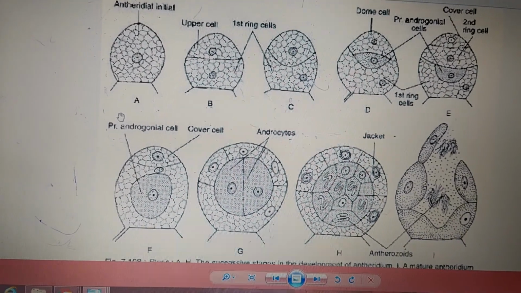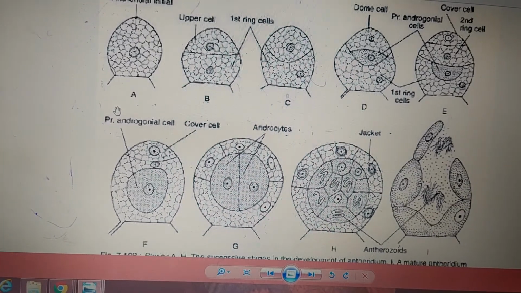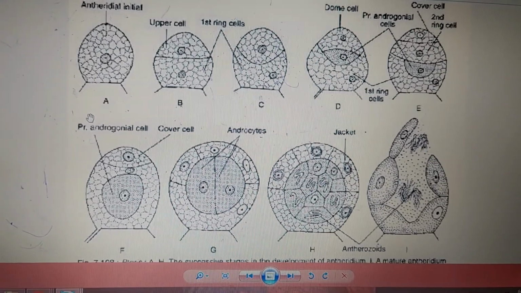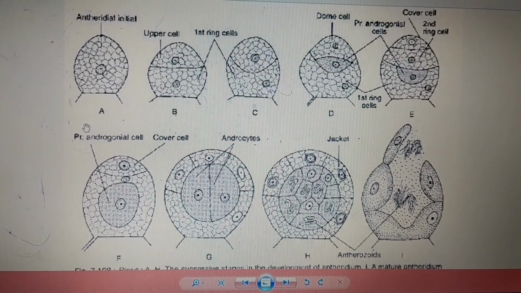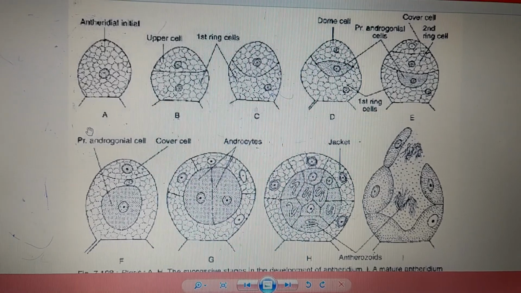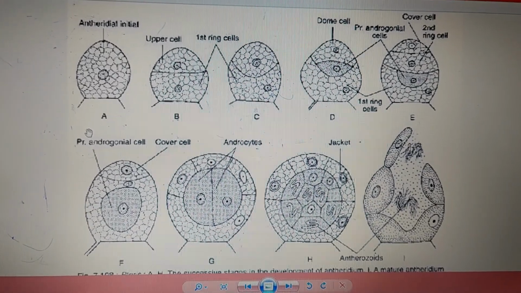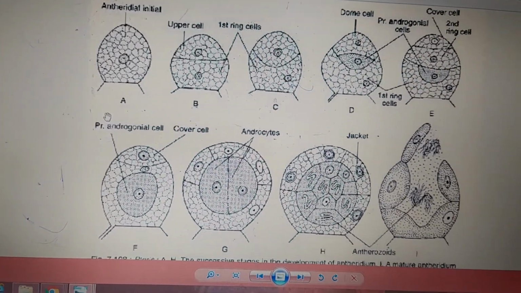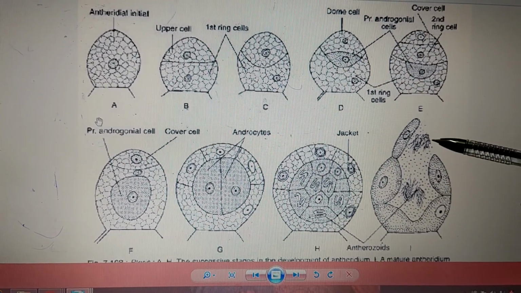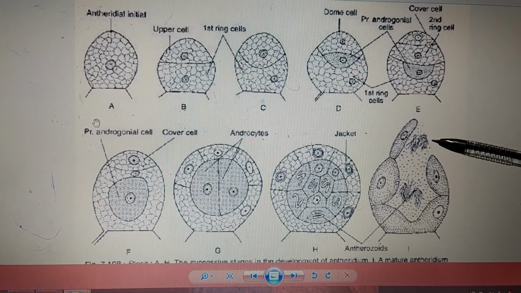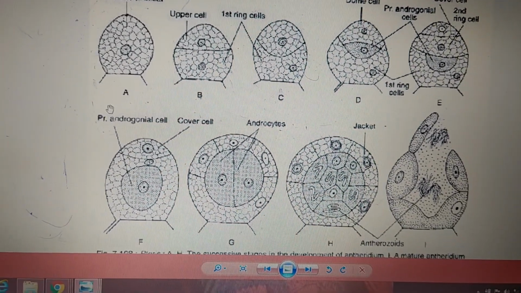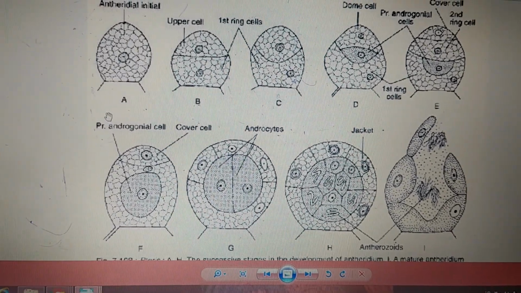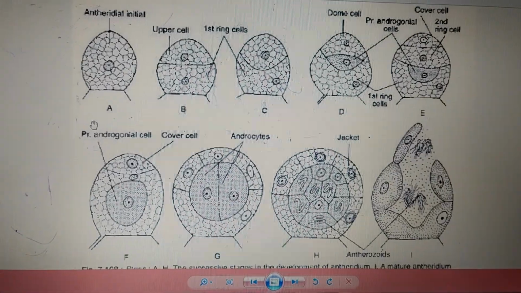After maturation, the upper apical cell of the jacket is going to absorb water, leading to swelling of these upper cells of the jacket. Swelling creates a pressure. With that pressure they are going to burst open. Once they burst open, there is a dispersal of antherozoids. These are released on the surface of the gametophyte. In the presence of water, they are going to swim and reach the archegonia. Thank you.